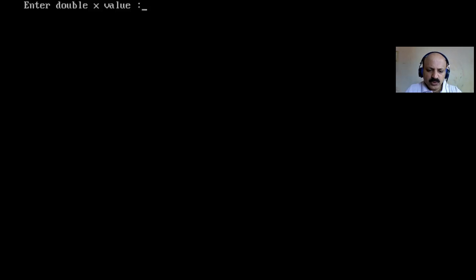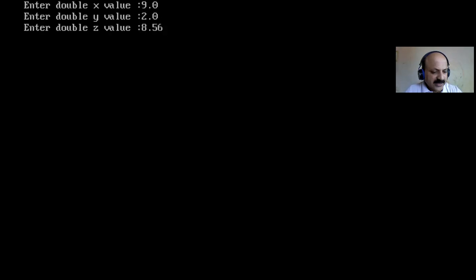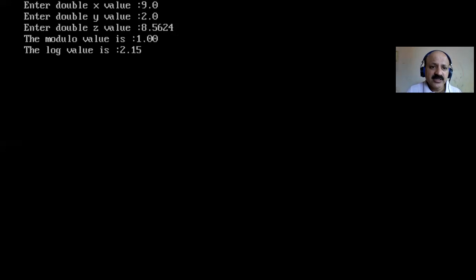We can take any value. So like 9.0, that is fmod, and the remainder. So we can take like 2.0. So what is the remainder? Yes, our log table says 8.5624. That is the log. So that gives 2.1474. That is the answer. Yes, 2 point, that is rounding, so 2.15. But if we open our decimal point, that is 2.1474. Yes, let us check. And modulo is giving the perfect one.